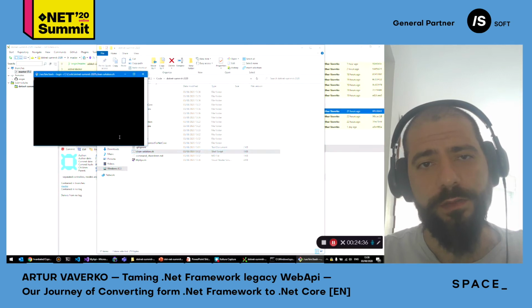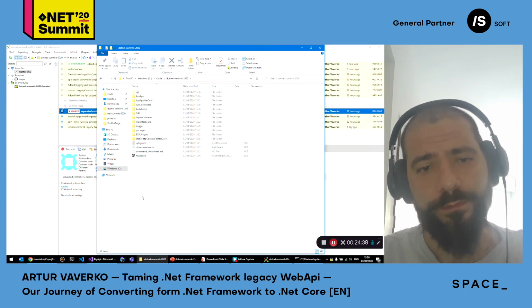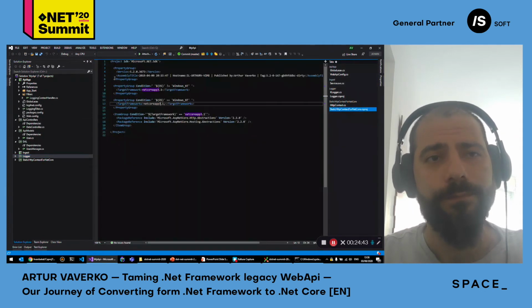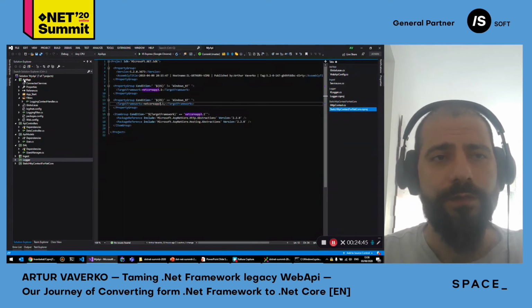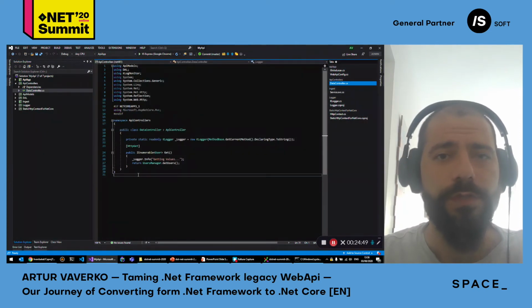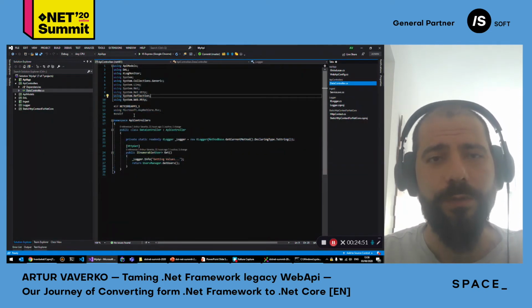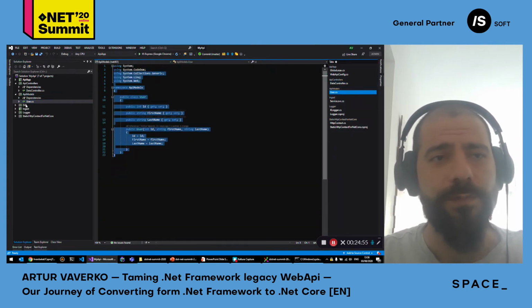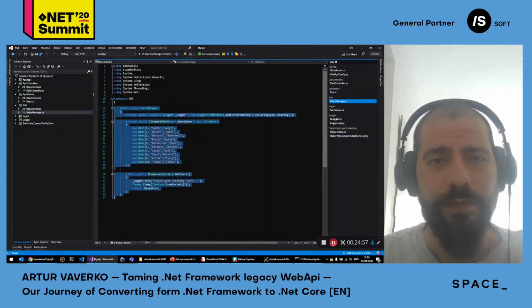And running the clean solution. All right. Reloading everything. Cool, so we have everything reloaded. What we have here is we split the API controllers into a separate project. I'm going to talk about this in a minute. And I split the API models into a separate project, and I split the data access layer into a separate project